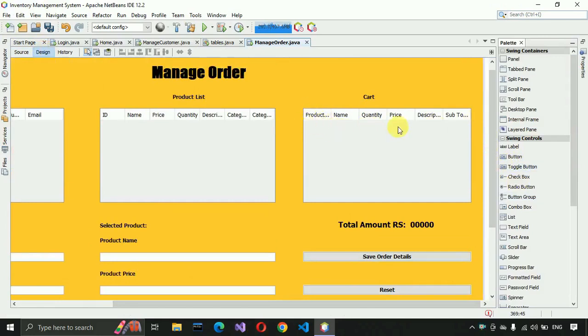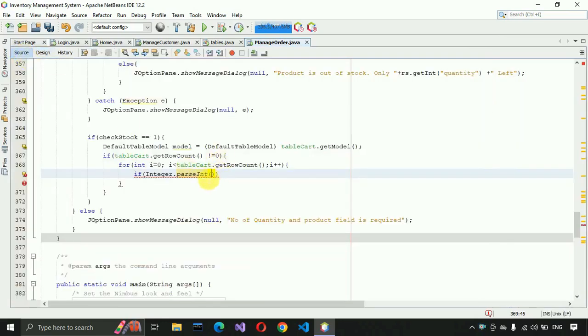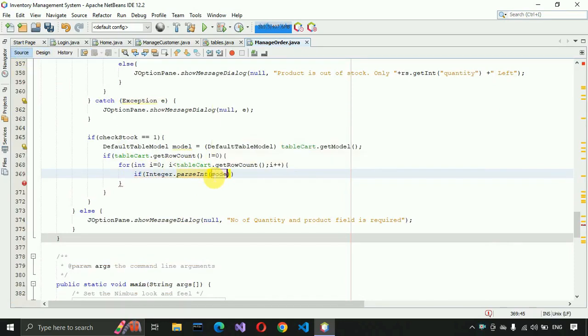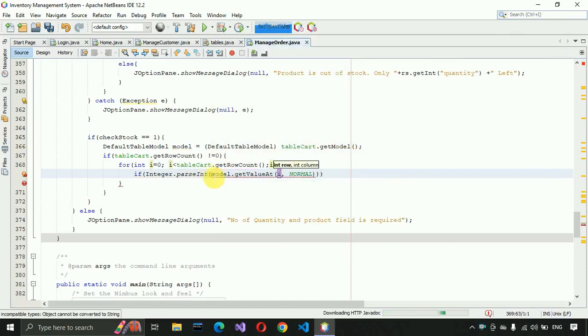So here there might be multiple records, let's say 5 records. We have to extract them one by one and check whether that ID particularly exists in this cart or not. For that we are using this, and from there we are going to get the value. So here we have to use model.getValueAt, and first we are going to pass the